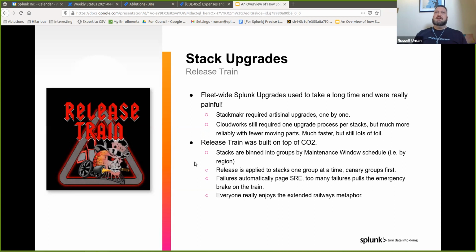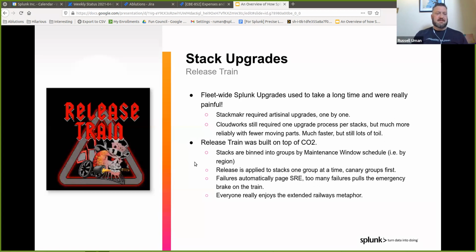And Splunk Cloud in that era lagged many versions behind on-prem Splunk. It was very cloud last, and Cloudworks fixed that a lot. Upgrades are still manual, but they're not fraught. So you can have folks with a lower level of Splunk knowledge, with a much simpler run book, going through those upgrades a lot faster. And so we caught up on the versioning, but we wanted to fully automate releases, and with CO2